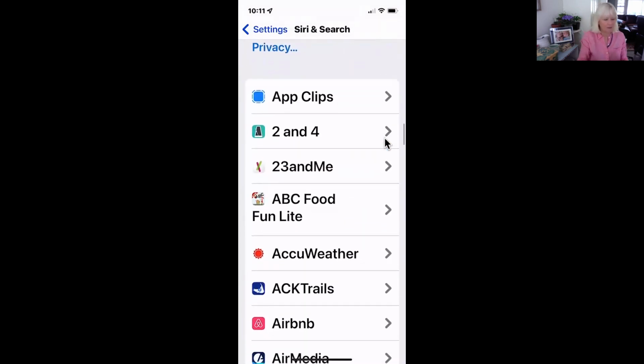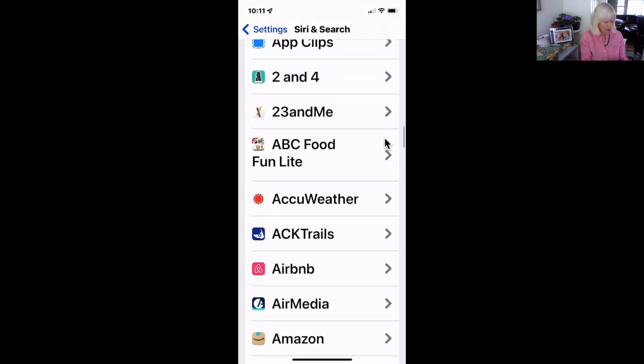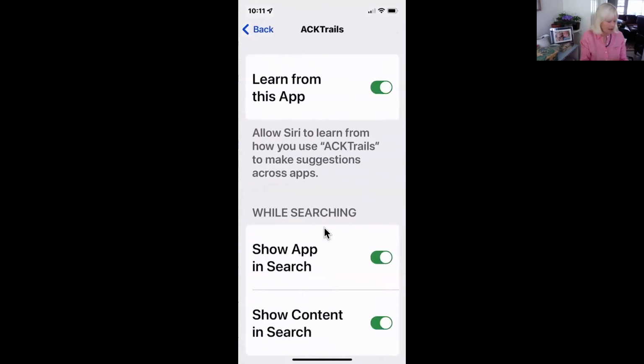Okay, here are our apps, and you can select each individual app. So here is Act Trails. This is the app that I think the Conservation Foundation put out, which shows all the trails on Nantucket. It's a great one. Okay, so if I click on this,